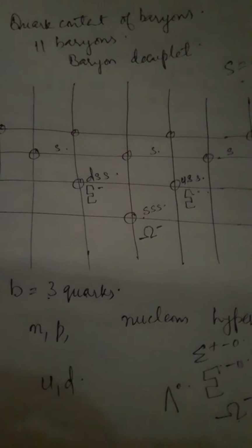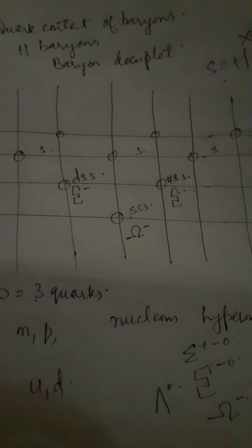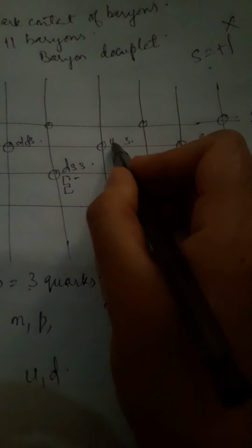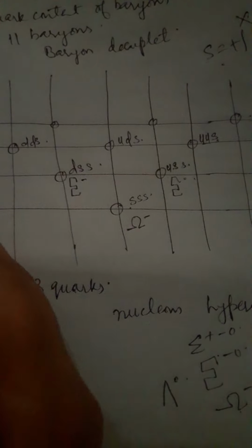Now in this arrangement, there is only S equal to minus 1. That means each of them carries 1 S quark. So it's like this, right? Now next, what do we need to do? We need to arrange U and D. So previously you can do DD, then you can do UD, then you can do UU. This is how it can help you, because we know that towards the left we are more negative, so we have to give D. Towards the right we are more positive, so we have to give U. In the center we are a bit neutral, you have to give U and D. So DDS, UDS, and UUS.